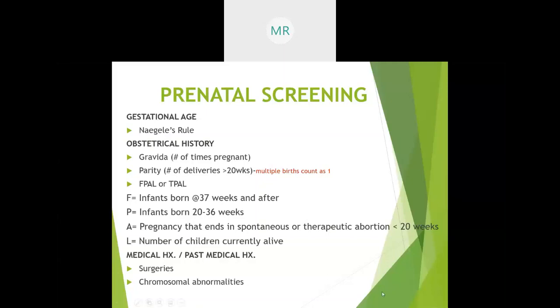Medical history. In past medical history, that's also very important. Surgeries are important, chromosomal abnormalities are important. Part of the prenatal screening that mom fills out when she comes for prenatals at the healthcare provider's office, at the clinic. It's provided by,